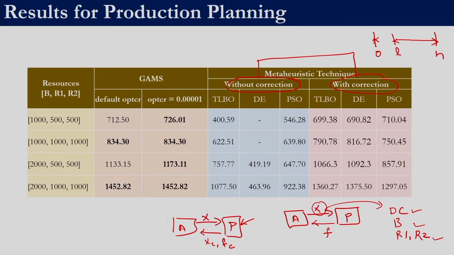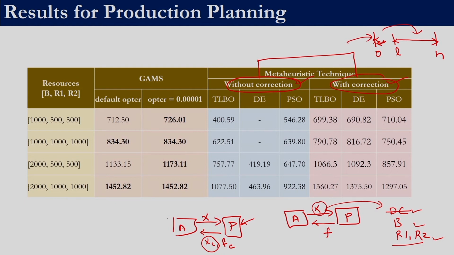So in the correction approach, if the value comes somewhere in between L and h, it is fine. If it is 0, it is fine, but if it is greater than 0 and less than L, we reassign the value of the decision variable to 0. So that is the correction approach which we had employed. When we employed the correction approach, we no longer have a penalty for the domain constraint, because that constraint is being taken care of by the correction approach. So we had penalty only for the budget constraint and the 2 raw material constraints, and we evaluated the fitness of the corrected solution, and the corrected solution also has to be returned back to the algorithm. So that was our correction approach. All this we have discussed previously; you can go back and have a look at it.